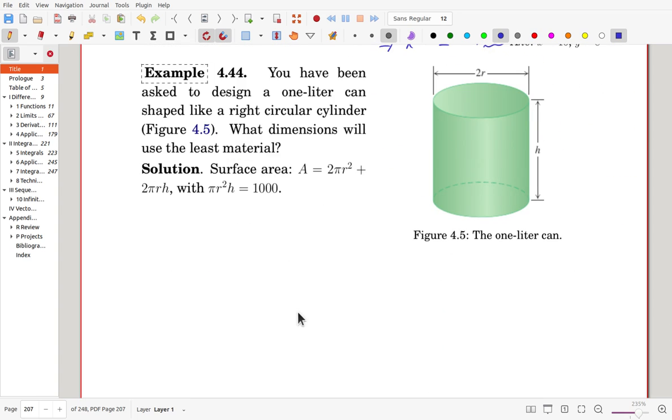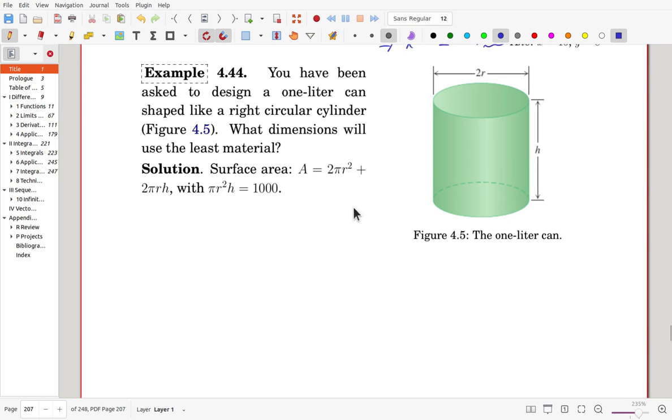Okay, let's see the next example. You have been asked to design a 1 liter can shaped like a right circular cylinder, as in this figure, and what dimensions will use the least material. Okay, again, we try to minimize the surface area. Okay, for this container,